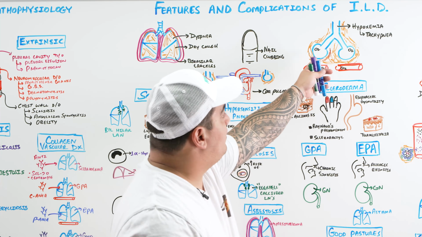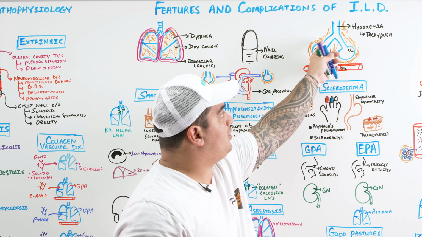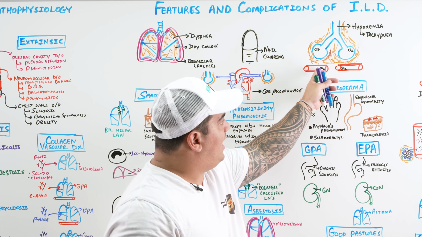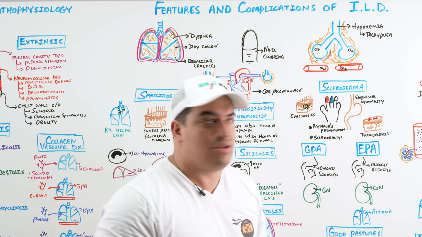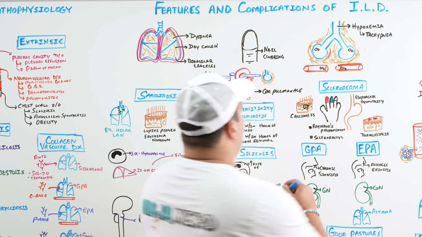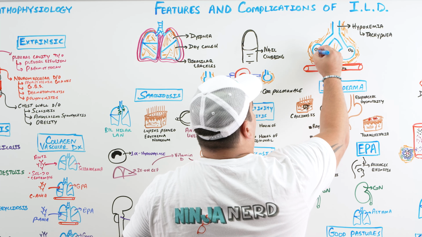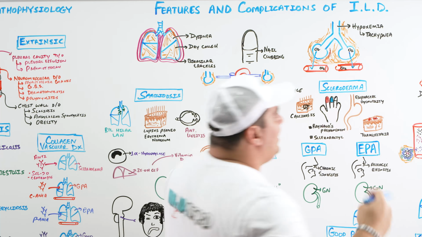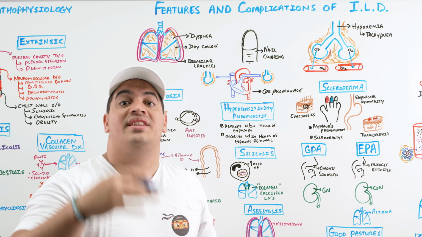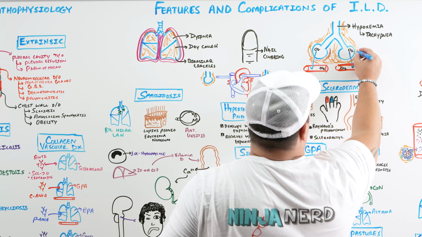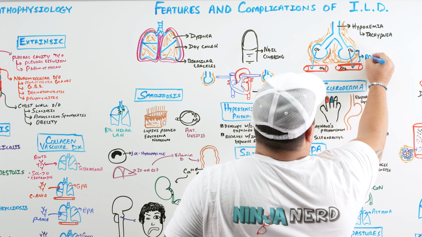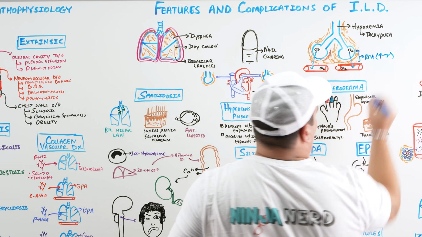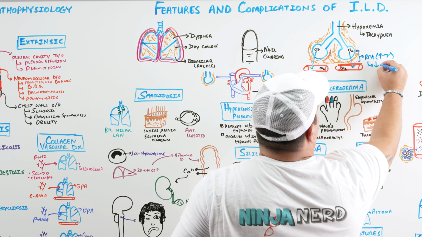If you have a massive amount of fibrosis in the interstitial spaces around the alveoli, in between the actual alveolus and the pulmonary capillaries, lots and lots of fibrosis, look at the distance now that this poor little oxygen has to move to go from the alveolus into the blood. That's a long distance. Whenever you increase the thickness of the respiratory membrane, it'll decrease the diffusion